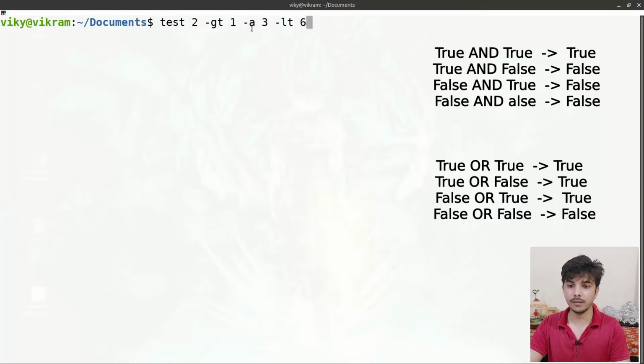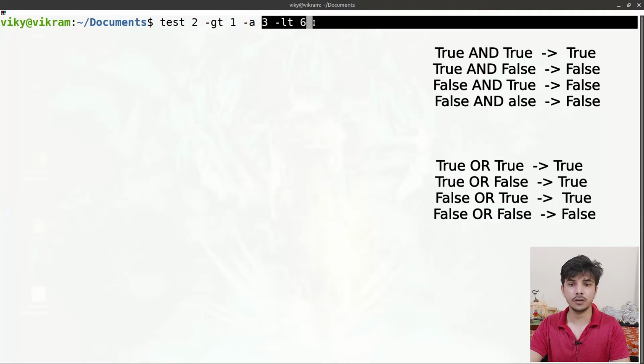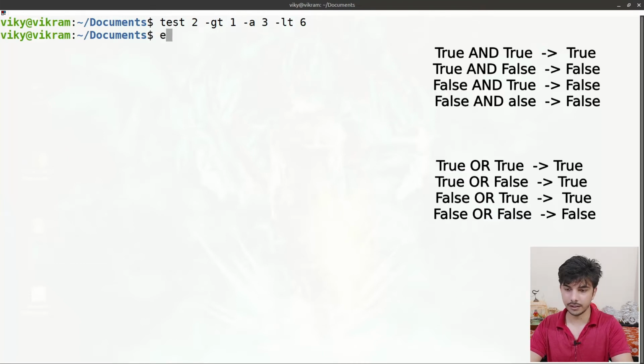Okay, so when we use the -a option, in that case it will return us true when both the expressions are true. Okay, if any of the expressions are false, in that case it will return me 1, or we can say it will return us false. Currently 2 is greater than 1, so this is true, and 3 is less than 6, so this is also true. Okay, so if I press enter, do find the exit status code, it is going to return me 0,